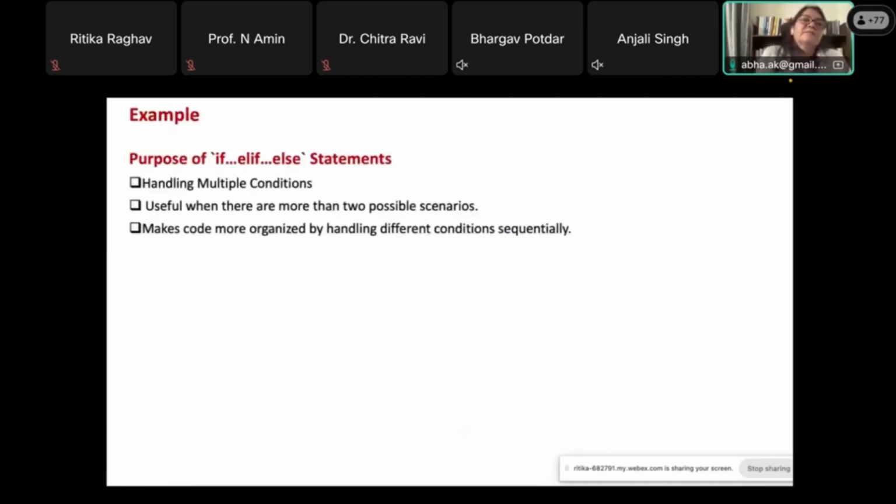Now last is the purpose of if else statement. It handles multiple conditions. It is useful where there are more than 2 possible scenarios. कि ये भी हो और ये भी हो. तो 2 सिनारियो है कि ये कंडीशन भी ट्रू हो और ये भी ट्रू हो तो ये करो. नहीं है तो फिर ये कंडीशन ट्रू है और ये ट्रू है या फॉल्स है. उस टाइप से आपको मल्टीपल कंडीशंस चेक करते हुए आगे बढ़ना है. तो definitely you will have